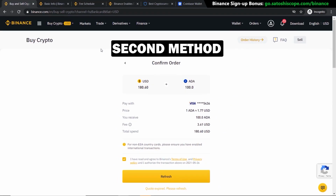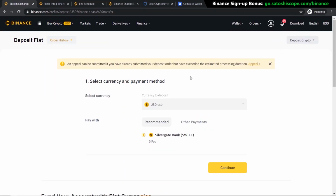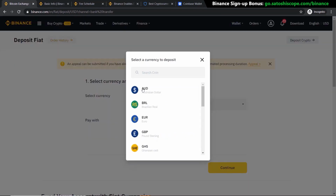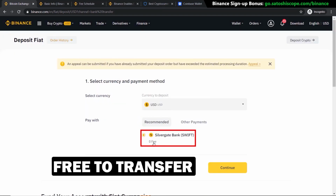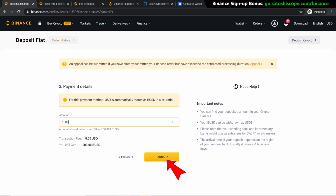So to purchase Cardano with this second method, we'll go to buy crypto and click on bank deposit. And then you would select your currency. I'm choosing US dollar, but you can choose other currencies like the Australian dollar or the euro. And now we can see here, there's no fees. It's $0 to deposit your fiat currency into Binance. And now we can click on continue, enter in the amount you want to deposit, click on continue again, and